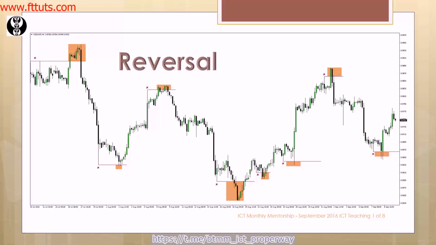Okay, and we're looking at examples of reversals here. Every X indicates where stops would be, and the market goes just above those levels and then rejects and goes the other way, or it goes just below those levels where there's an X and rejects and goes the other way. Look how many times there's so many opportunities just on this one chart,